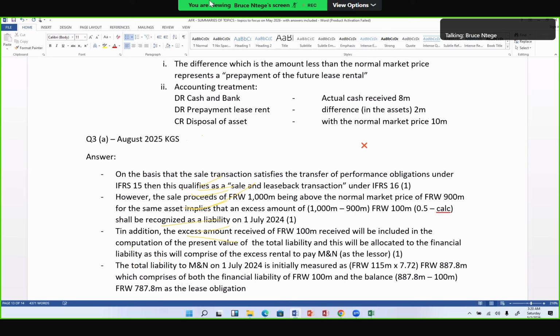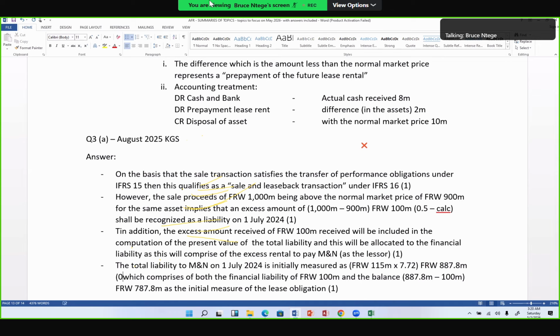As the initial measure of the lease obligation. So you're going to get the mark there, but you're also having calculations. Initial measure of the lease obligation. So meaning the examiner says this statement is valid, but in the process, this student has done some calculation. Beyond the other calculation that was 878 by this here, there's a calculation here. So you calculated the